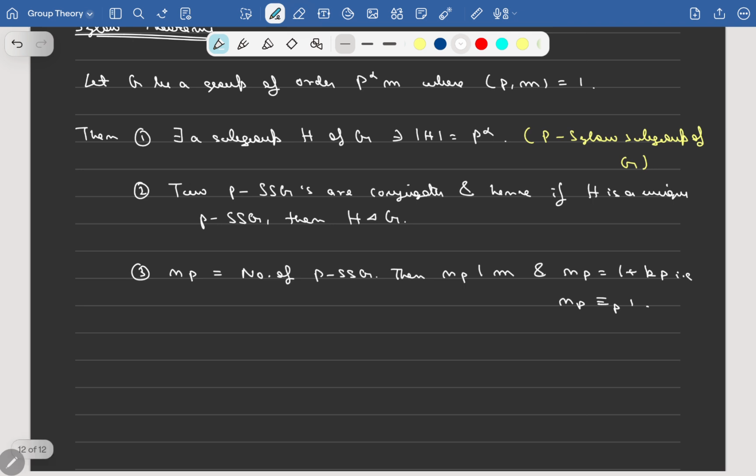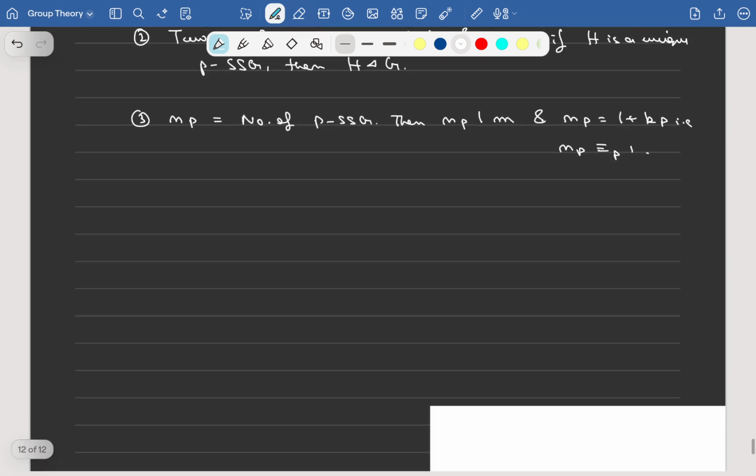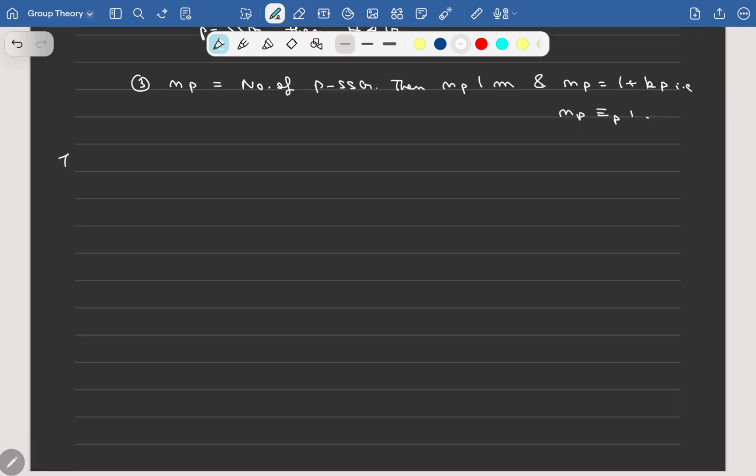The first statement is what we call basically the Sylow existence theorem. The second point is what we call the Sylow conjugacy theorem, and the third point actually helps you count, so it's called the Sylow counting theorem. And the third statement actually helps you to judge whether a given Sylow P-subgroup exists uniquely or not. Okay, so let us try to analyze